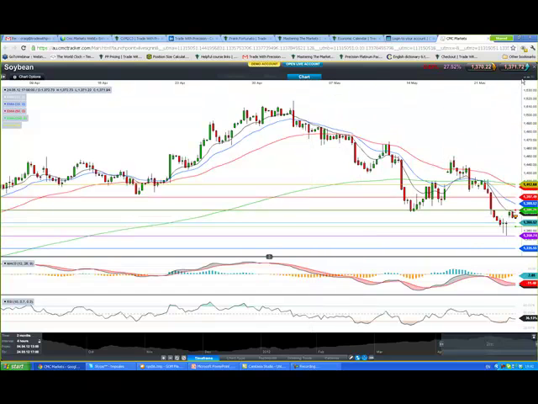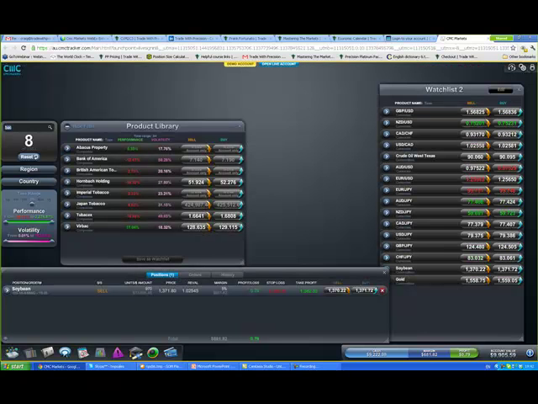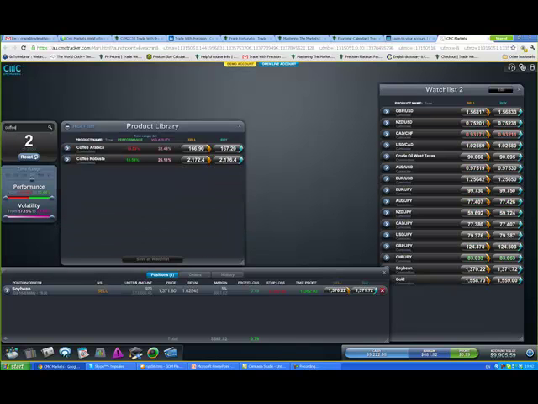Speaking of commodities, well, we're short soybean. Let's go and have a look at coffee. And you know what? One of the great things about the platform, about CMC, and about this trading strategy is that you can trade on any market and any time frame. You can trade any market literally at any time frame.